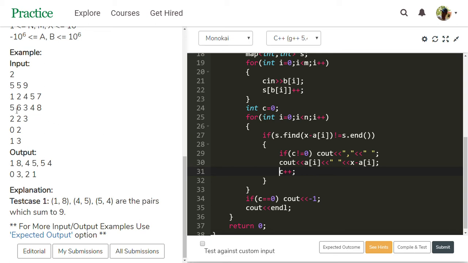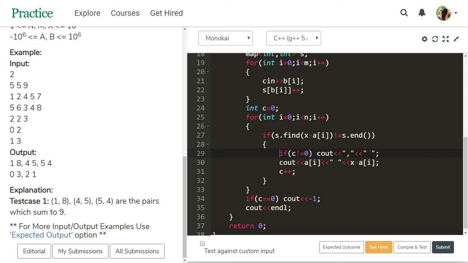Is 5 there? Yes, 5 is in B, in the S. So this block executes. The c value is already incremented, so the comma and space will be printed. Then cout 4, space, 5. Those are also printed. Then increment the i value.